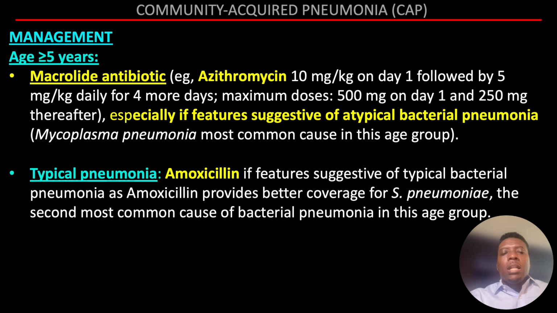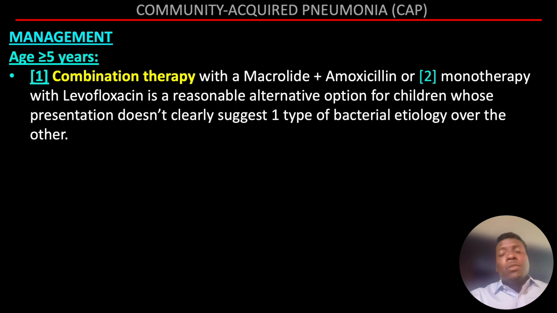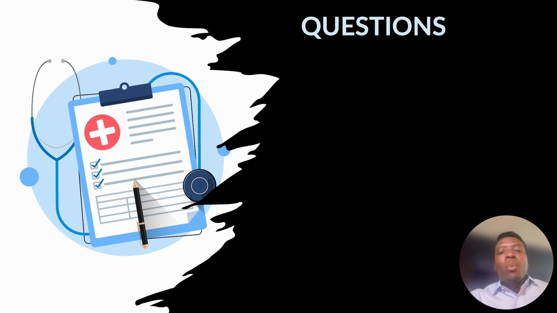well. Now, if they're 5 years or older, a macrolide such as azithromycin can be used, especially if it's atypical. But again, if it's typical, you can also still use amoxicillin safely in these young children as well. Now, for some other kids, you can use a kind of combination therapy with macrolide plus amoxicillin, and that's what we can use as an alternative. But again, for the most part, you prefer to use either a macrolide or amoxicillin, depending on if you think it's typical or atypical. So now that we've gone over the usual suspects and we talked about the treatments,